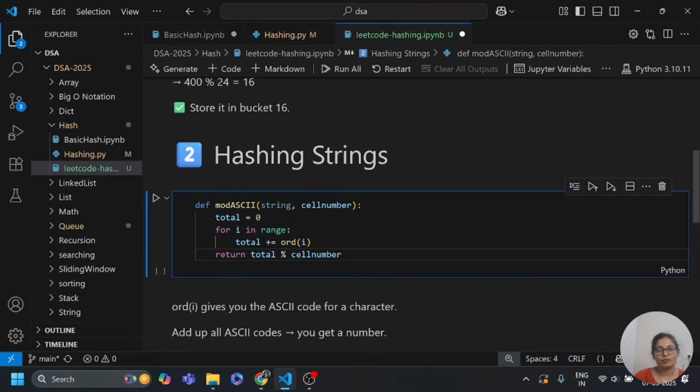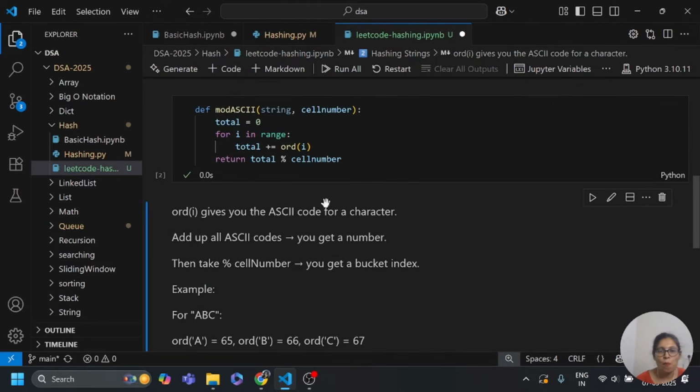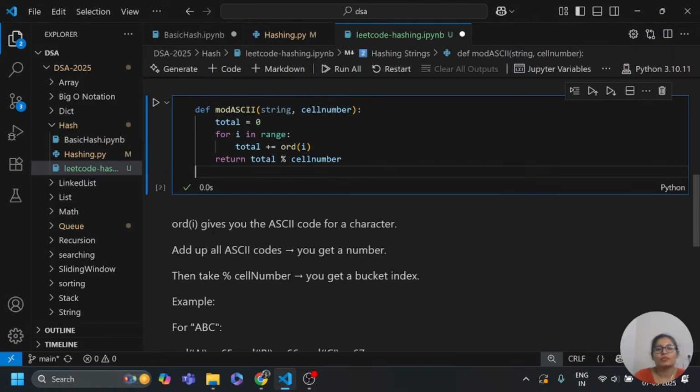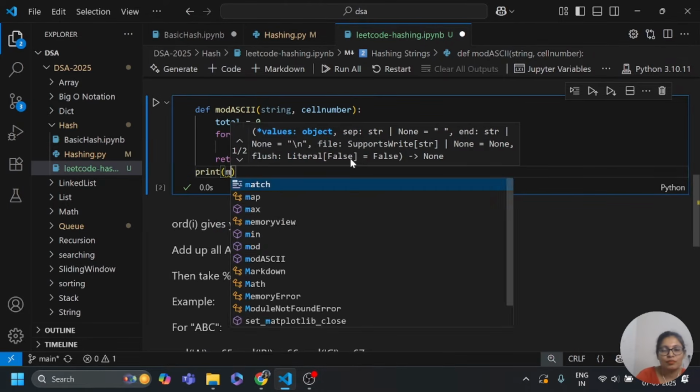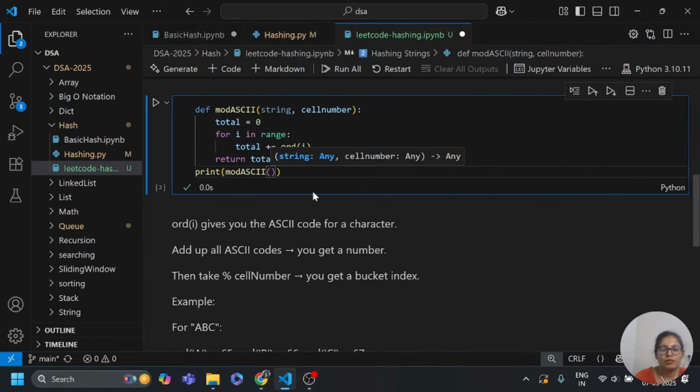Okay, I need to run it. If you want to print, then you can print mode of ASCII, and then you pass some numbers 3 4.